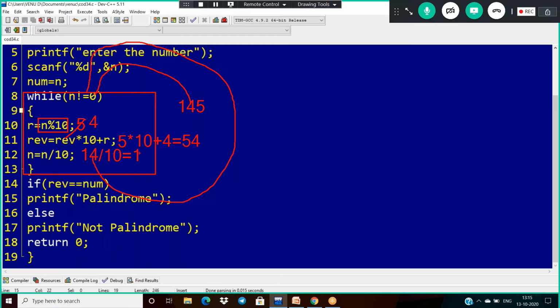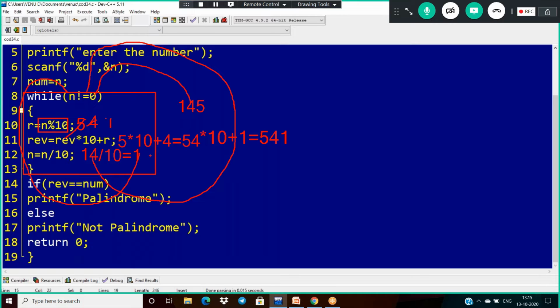It will be 1. Now again for the value 1, is 1 not equal to 0? Yes. r equals 1 percentage of 10, which is 1. And now the previous reverse is 54, into 10 plus 1. It is 541.